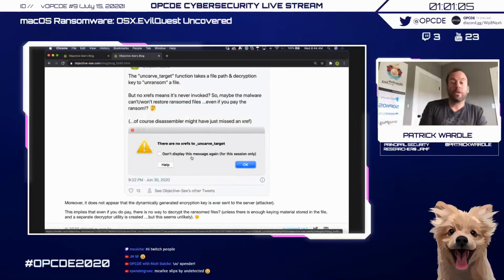Some researchers at SentinelOne, though, analyzed the encryption routine, and they found out that it used some custom crypto, but basically did use a symmetrical encryption key that they were able to ascertain. And so they published a decryptor for that. So good news if your files are encrypted. I would recommend not paying the ransom because it doesn't appear